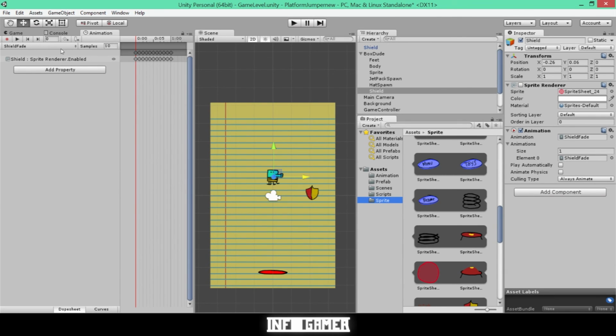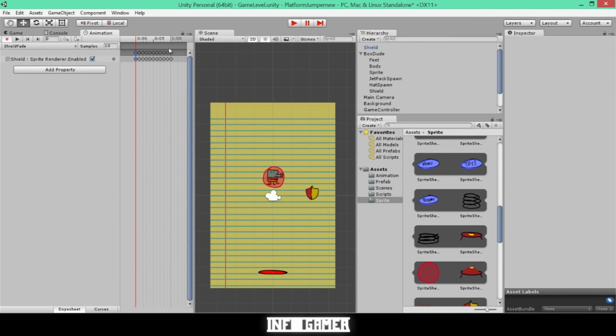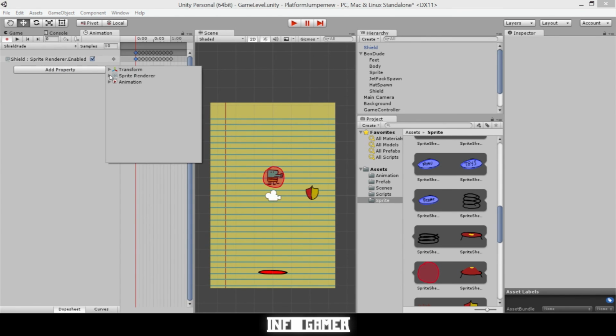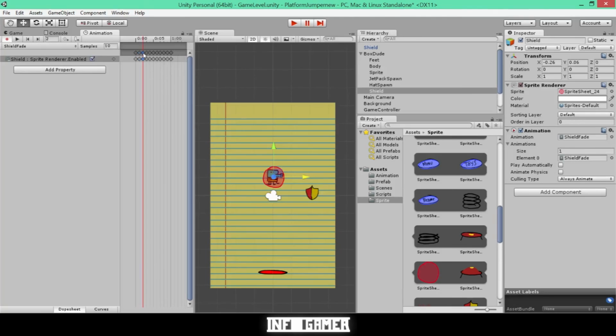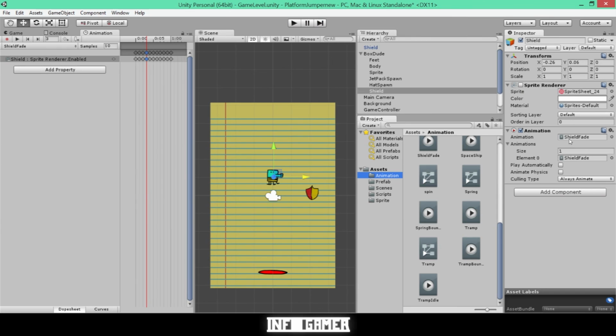We called it shield fade, and we set the sample rate to 10, and then every other frame for a whole second we toggle on and off our sprite renderer. So under add property sprite renderer, there should be a property called enabled, and then you'll just need to click on each keyframe and select it or deselect it. Once you have that animation created, you can drag it into your animation component, and now we need to write